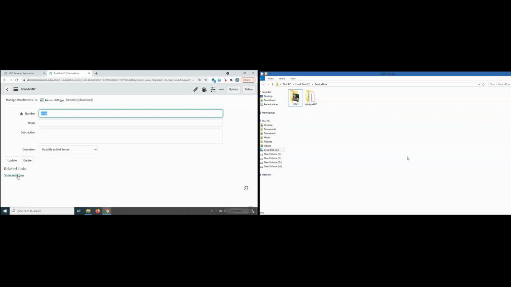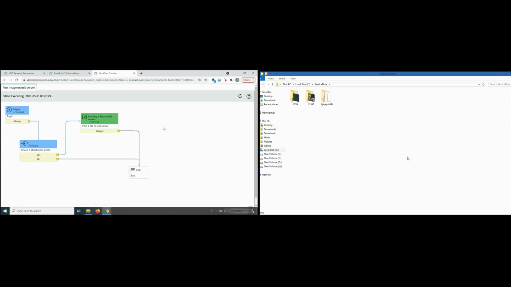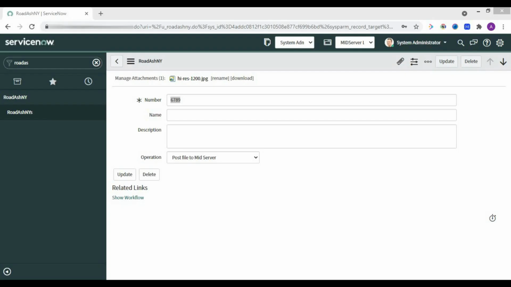Let's click on show workflow to see the workflow progress, and by the time we could see the workflow, you can see that the folder 6789 has already been created, as the file was very small. It's just 25.6 KB, and it's the same file that we attached. And if I refresh the workflow, our orchestration activity and the if activity have been completed in sequence.